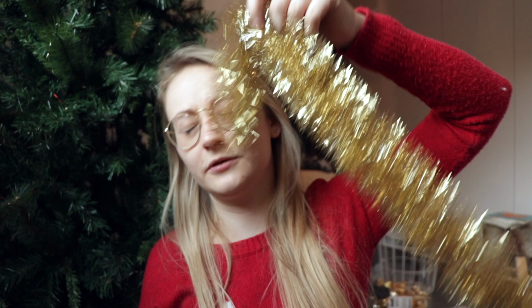And then after bubbles we go with whatever you call this, tinsel, I think. Then this goes into the tree, and then we end with what we call angel hair. So the little...